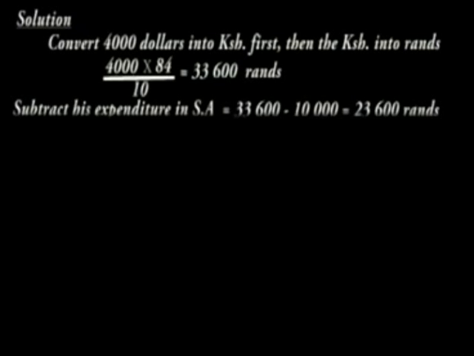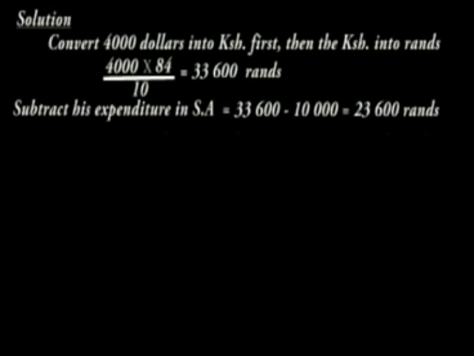So I'll have 4,000 times 84 to convert into the Kenya shilling, and then I divide by 10 to convert into rands, and I have 33,600 rands. I then subtract his expenditure in South Africa, that is 10,000, and I remain with